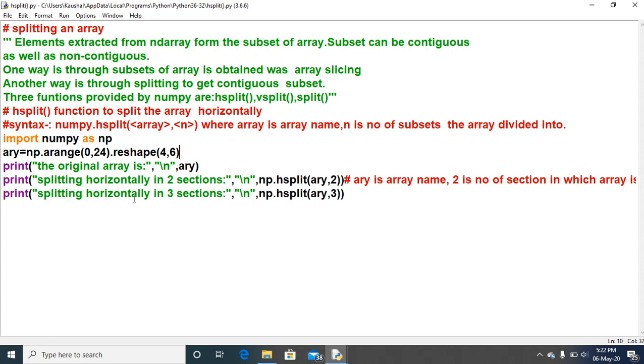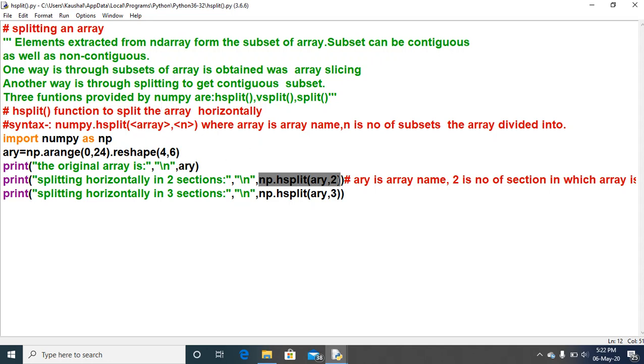And in the second print we want to perform splitting horizontally in two sections, that is np.hsplit(ARY, 2). Just look at this statement here. The syntax is numpy.hsplit, inside the bracket the array name, comma, n.